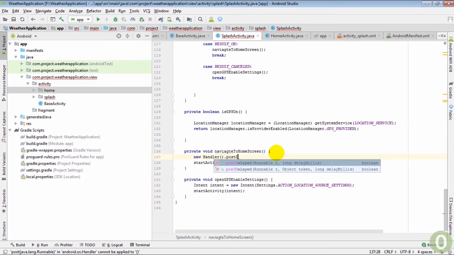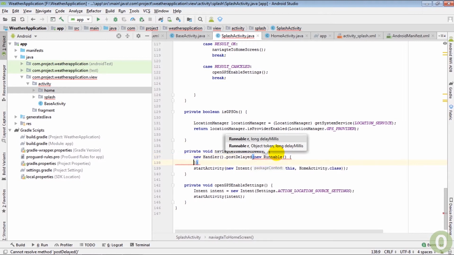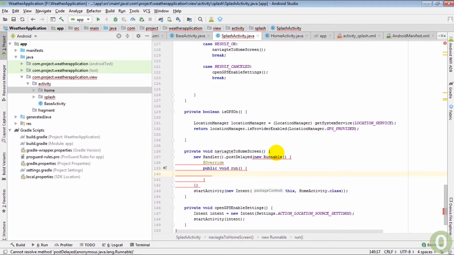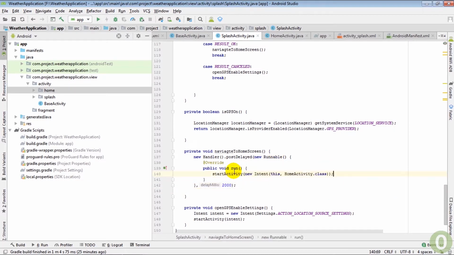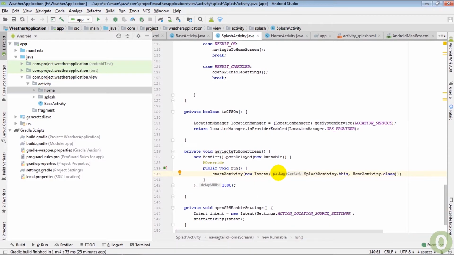Now I'm going to create inside run method, override the run method, and then I'm going to use here the 2 seconds here, so 2000 milliseconds, and now I'm going to break this. Now I'm going to cut this code and put in the run method. So this is not working because it gets a reference of this thread, so SplashActivity dot this. So now you can see now my navigate to home screen method is created,